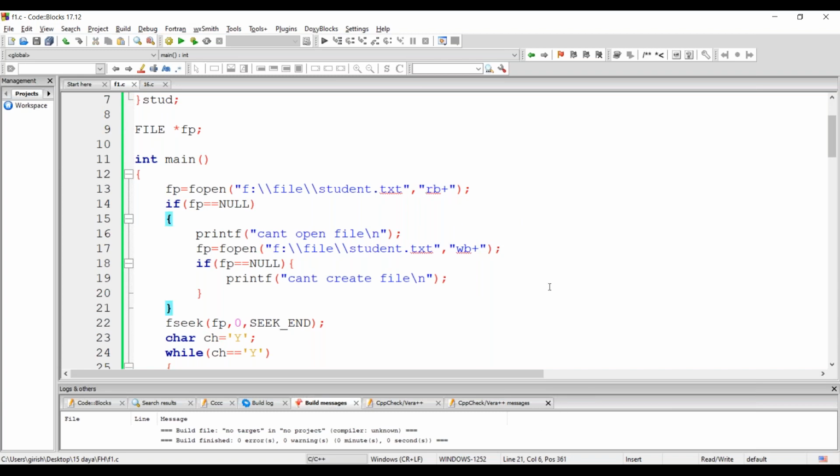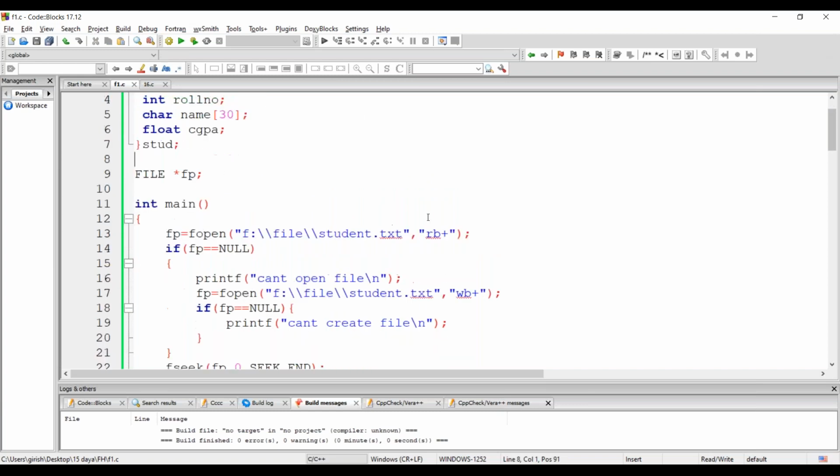So that was the first task I asked you to do, that you should be declaring a structure. Okay. Then you should be opening the file. It should be in a position to handle read and write. If the file does not exist, you should be in a position to create this particular file. Now,